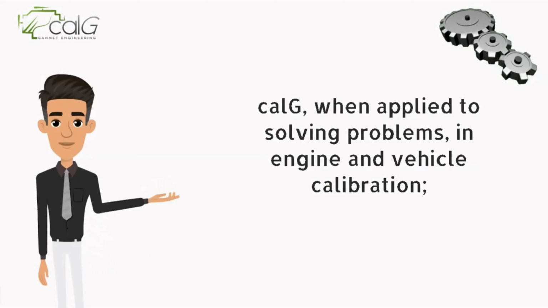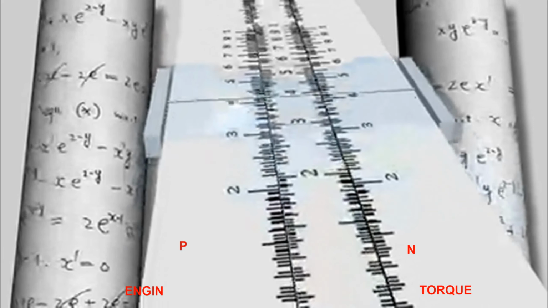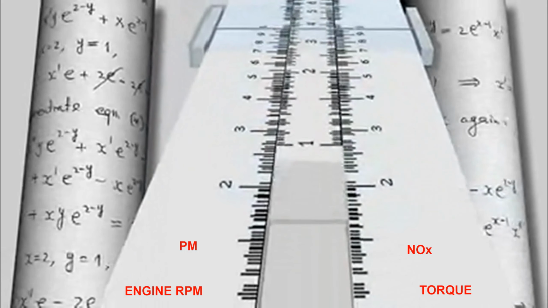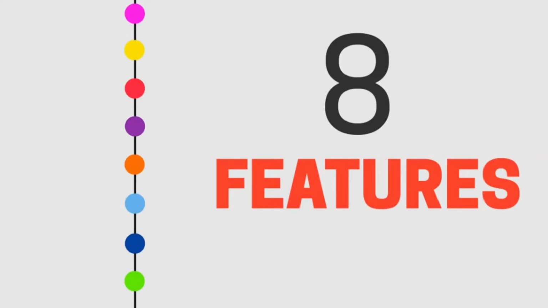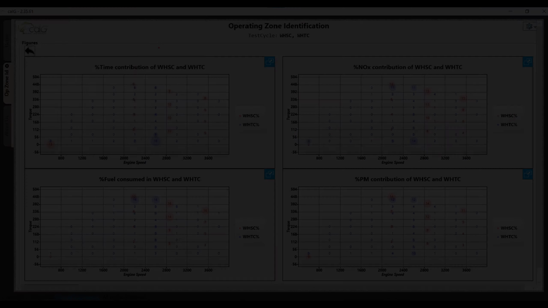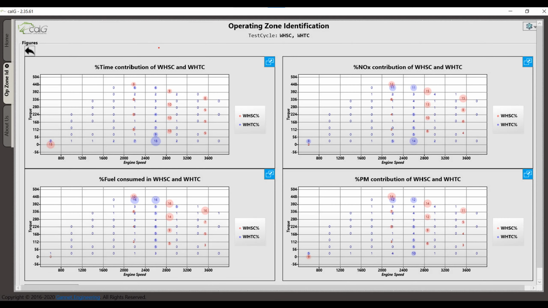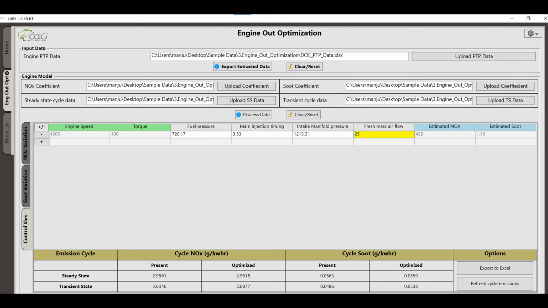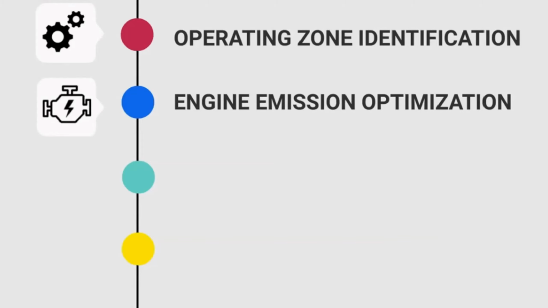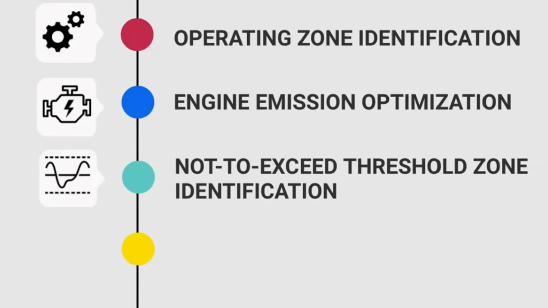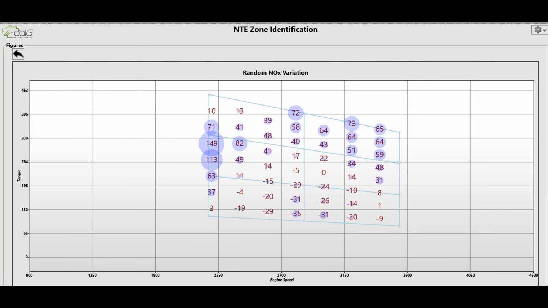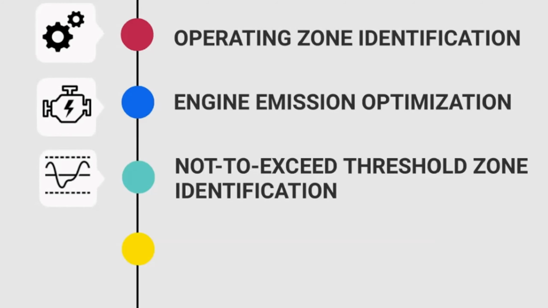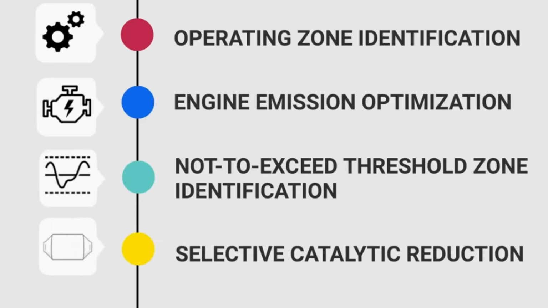calG, when applied to solving problems in engine and vehicle calibration, averts into 8 features as of now. The 8 features are: operating zone identification, engine emission optimization, not to exceed threshold zone identification, selective catalytic reduction,